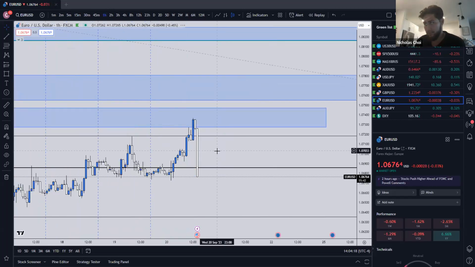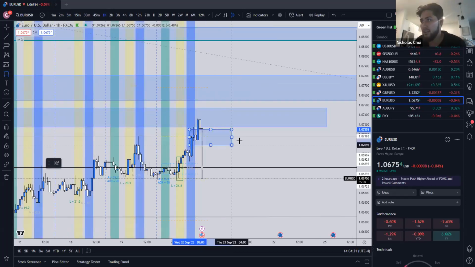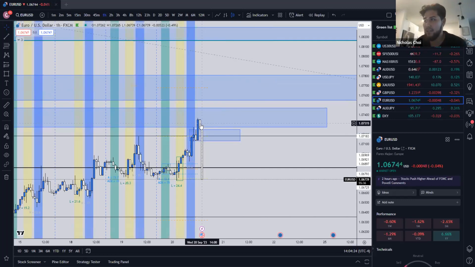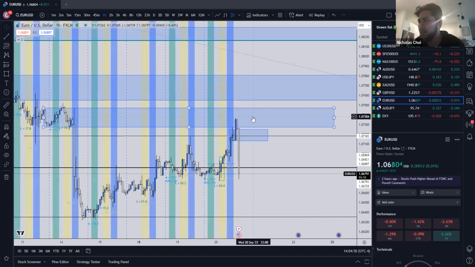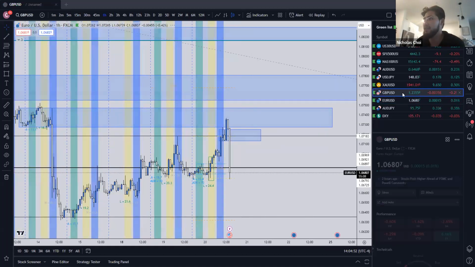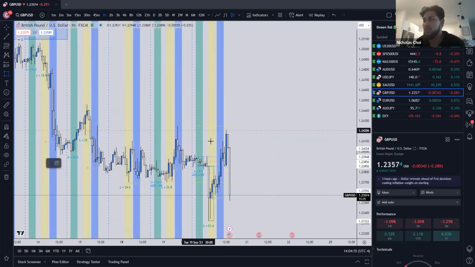So what I want to see now, really simply, since I didn't go in because this was the 1 o'clock candle and here's the 2 o'clock candle. FOMC, anything could happen, right? So this is an example of a good setup, except FOMC, anything could happen. You don't want to be in the market until after, right? So you just wait. In normal market conditions, we'd already be in on this order block. So that's pretty much the game plan for EU, GU.